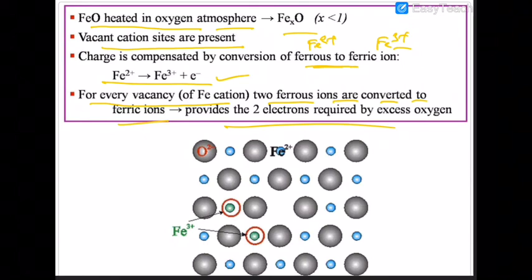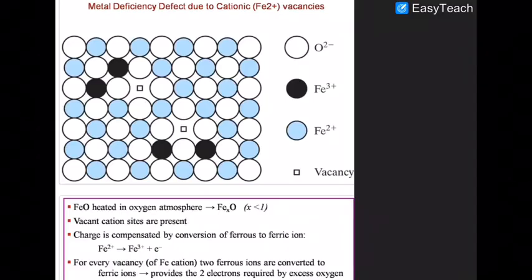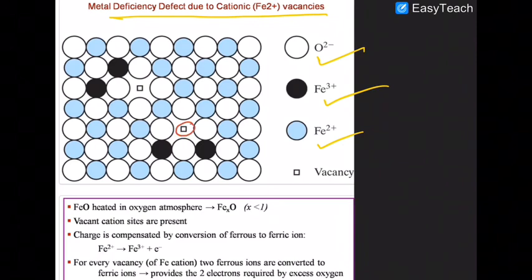So this thing you have to memorize. Remember again here also that there are 3 types of voids. Oxygen is the white void, Fe3+ is the black void, and Fe2+ is the blue void. So the same thing is repeated here. Metal deficiency in the case of FeO can be shown like that. You can easily see that these are the voids, where no cation is present, but the overall compound is neutral. This is called the metal deficiency defect.